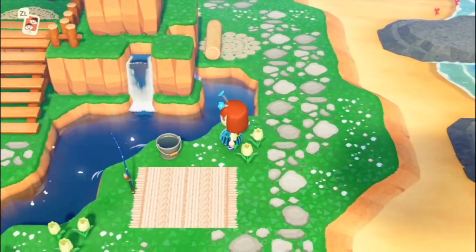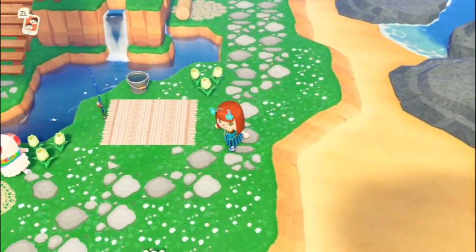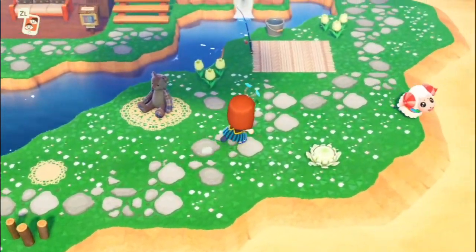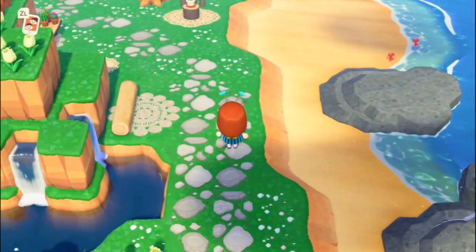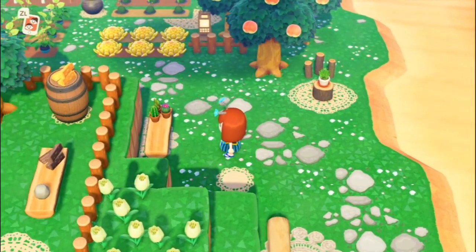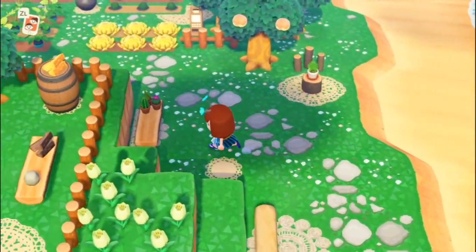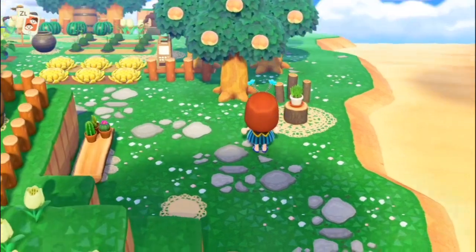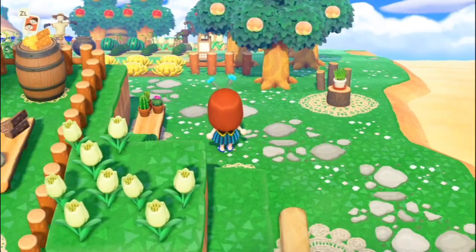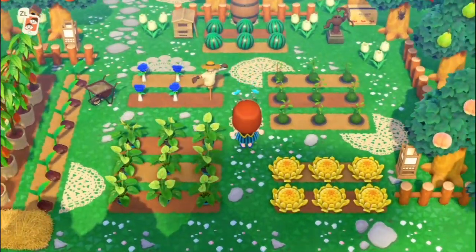I also made the layers here with this waterfall coming down into this little pond. It's not really a stream per se, it is a pond. It doesn't really connect anywhere, but that is what that looks like. And then I have the little log here, the natural log bench, and I have another log bench over here. So this one is more of the white tone, and then getting over here we have the little wooden versions, and I just put some potted plants on here, mostly because this is headed into the farm,